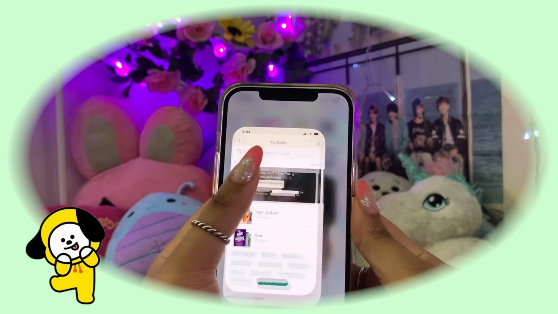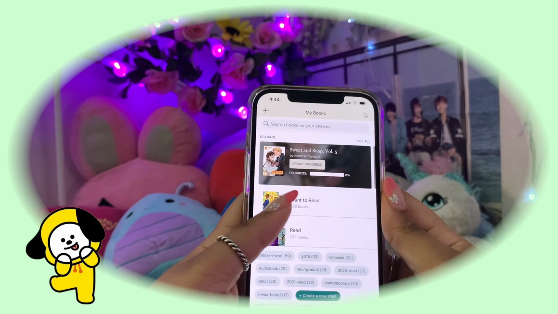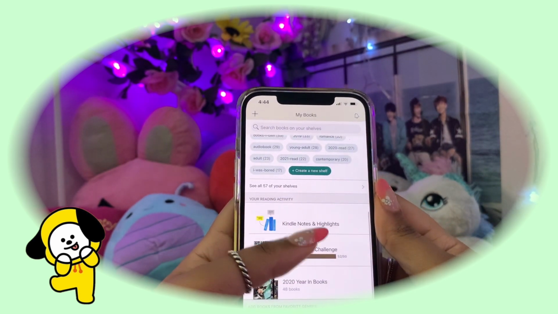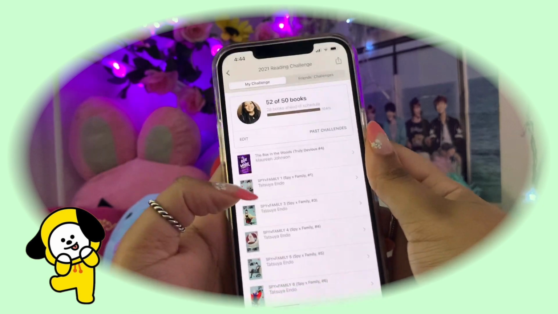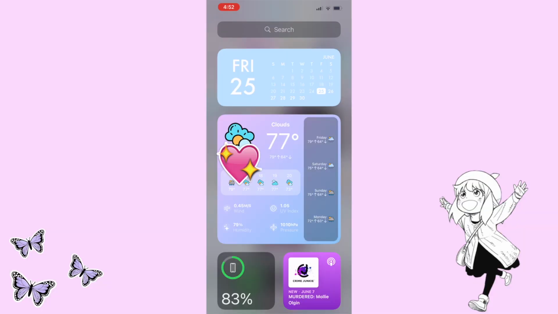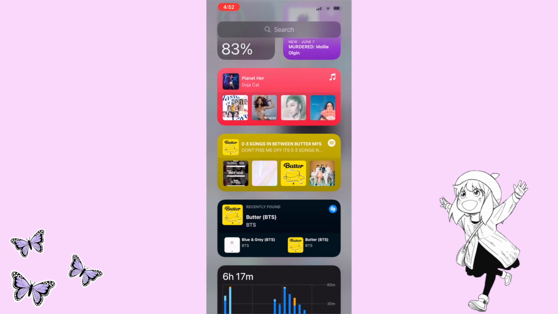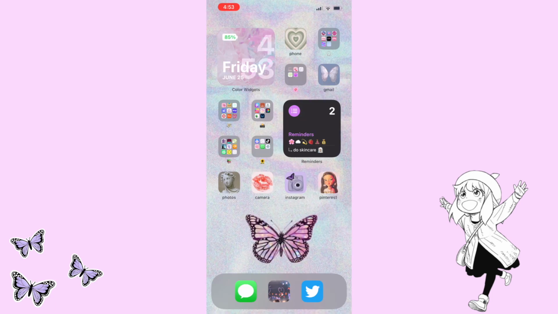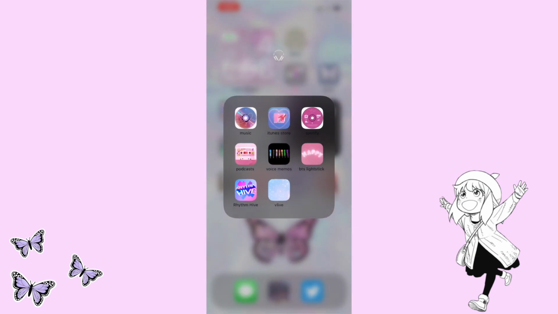I had so many apps that I wasn't using, so having just my sidebar very simple with widgets that I really reach for, like music and podcasts, and then having my home screen just focusing on the apps that I really use a lot.